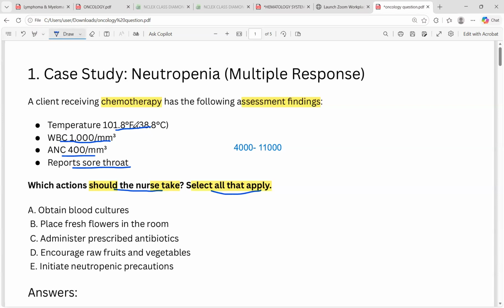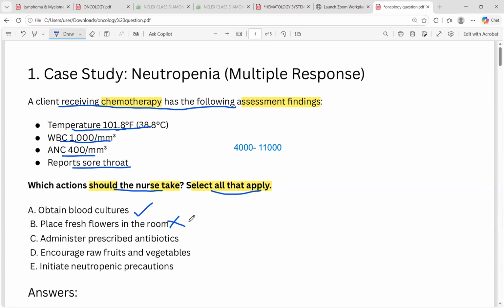Because the temperature is 101 and the client has a sore throat and is receiving chemotherapy, we don't know which infection it is, so we need to do a blood culture. Place fresh flowers in the room: